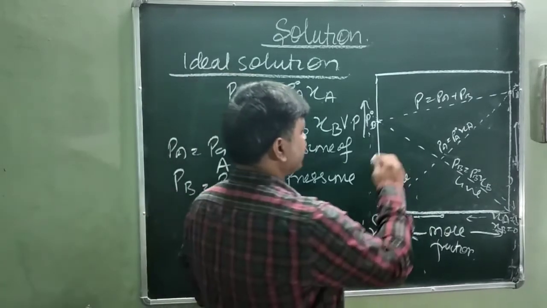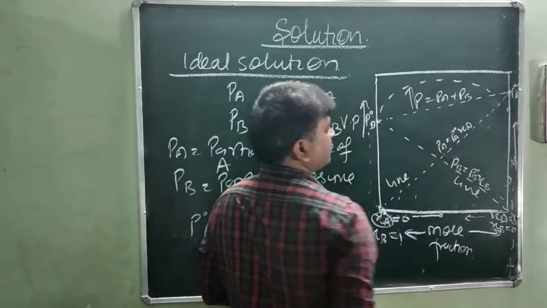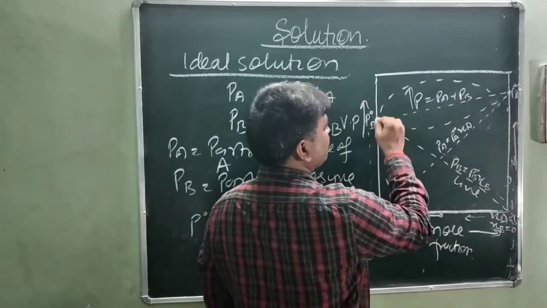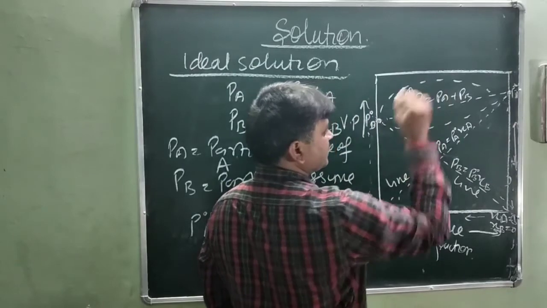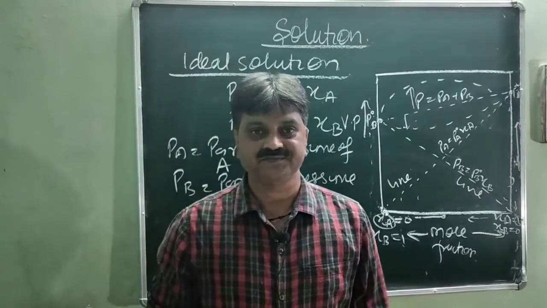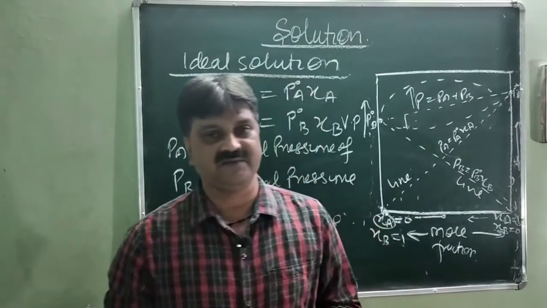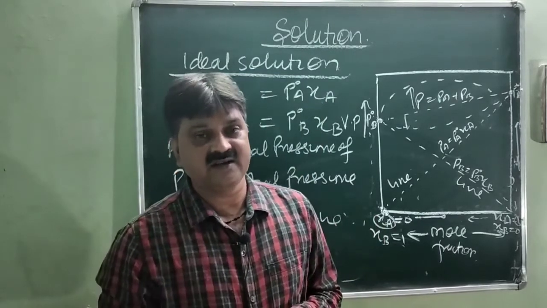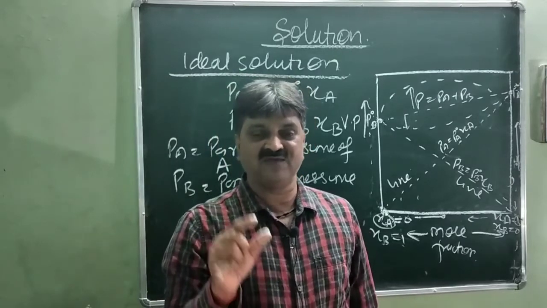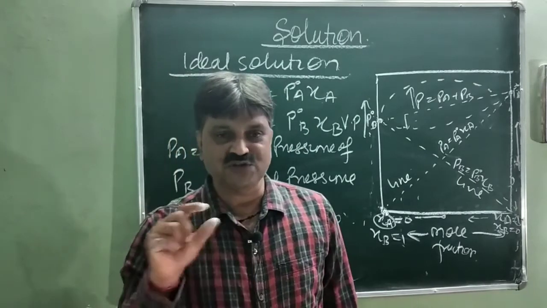If any solution vaporizes above this line, it shows positive deviations to Raoult's law. If it vaporizes below the pressure given by Raoult's law, this point below this shows the negative deviations. Later we will discuss the positive and negative deviations. So what would be the criteria for a solution to show the ideal behavior? Raoult's law states that mixtures which have similar structure or functional group or polarity approach toward the ideal solution.